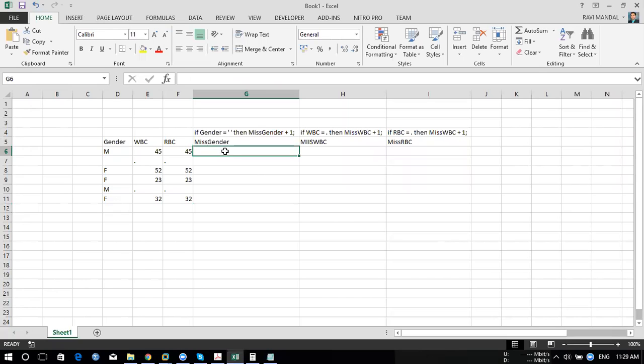correct? Now another step, we are saying if my condition is true, then miss gender plus 1. Now in the first step, my condition is not true, correct? So we'll end up with the value 0, which is initialized. Because my condition is not true, the increment won't happen.